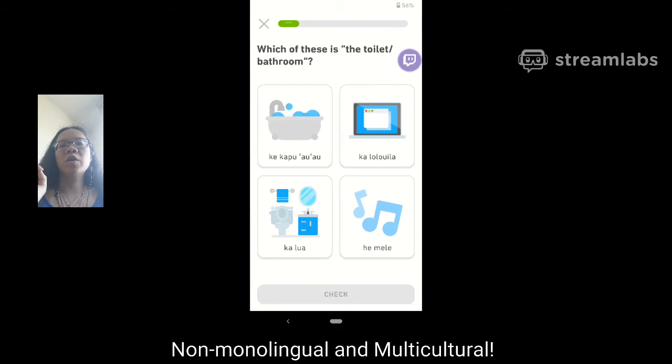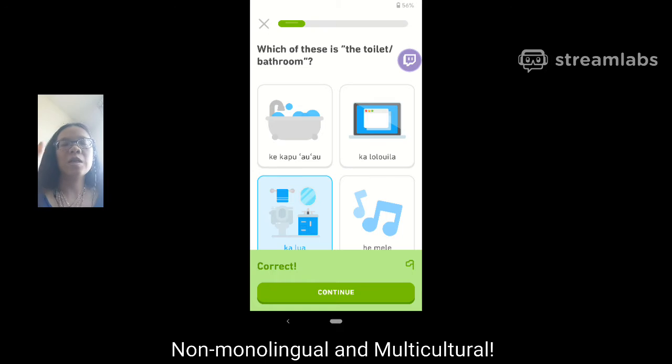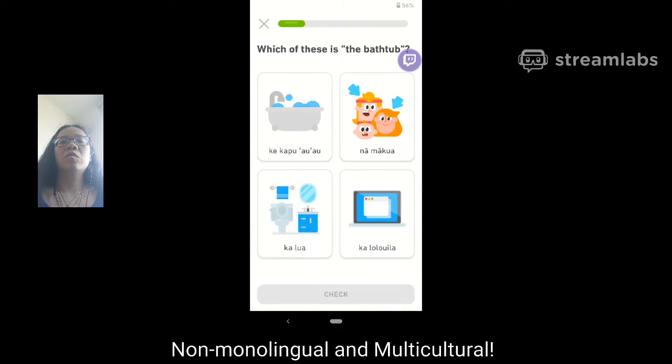Which of these is the toilet or bathroom? Oh no, toilet, bathroom. Kalua. Sounds like a different word. Which of these is the bathtub?